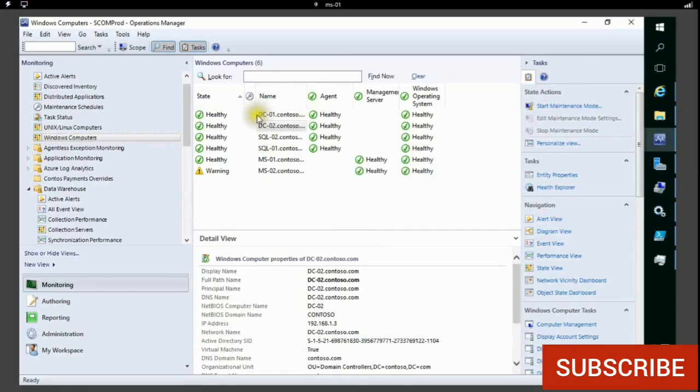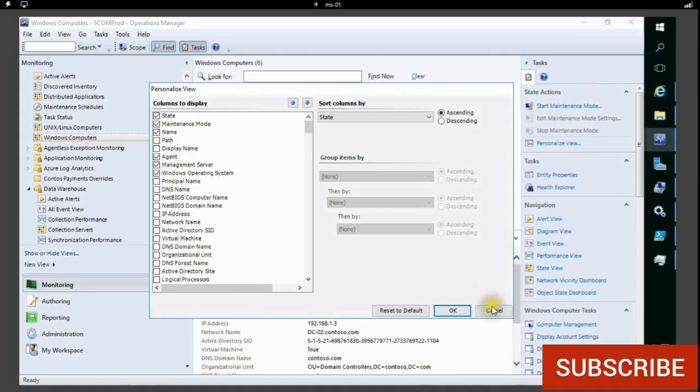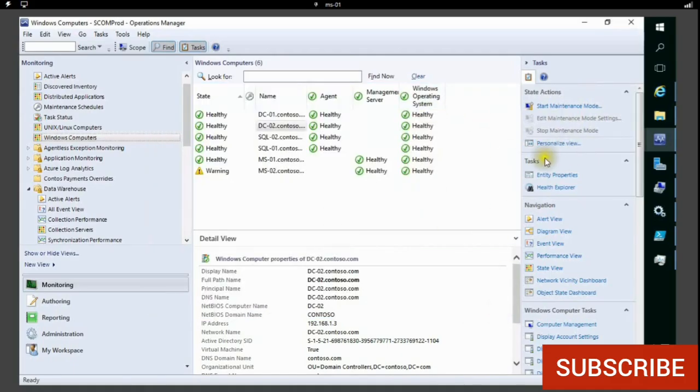You can see, right, the gear icon has vanished now. So it means the maintenance activity stopped on this machine DC02. And then going back to personalized view, we can make the personalization here, like what all are the columns we